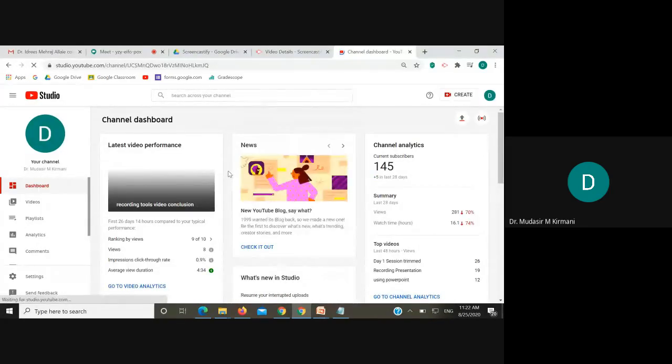If you are using your mobile phone, you generally have YouTube already downloaded on your mobile phone by default. But what will happen over here is you need to install YouTube Studio on your mobile phone. The time you click on that YouTube Studio icon, you will get this dashboard wherein you can see all the analytics, how many videos you have uploaded, how many times a video has been viewed, and there will be different aspects which will be available.